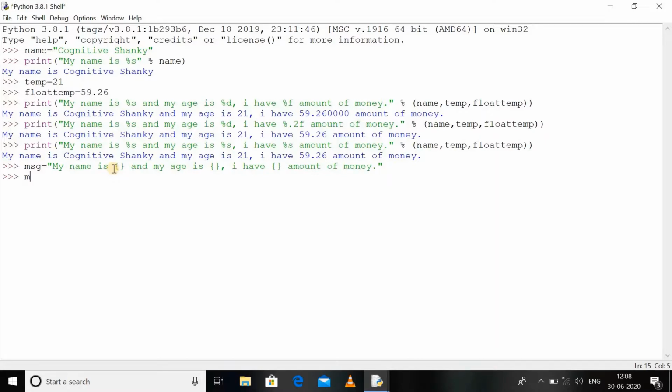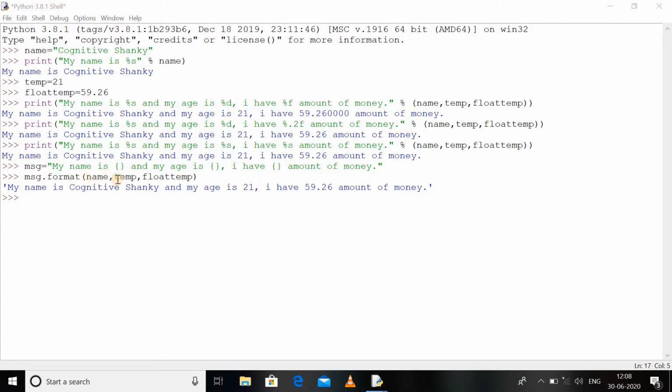I want to use the format method with this message, and then we have to pass as many variables as we have curly braces in our message. I have 3, so let's say I have the name variable, then the temp variable, then the float temp variable. Each of the curly braces will be sequentially replaced by the variable's value which we pass as a parameter to the format method. So let's just try it. As you can see, yes, this can be done.